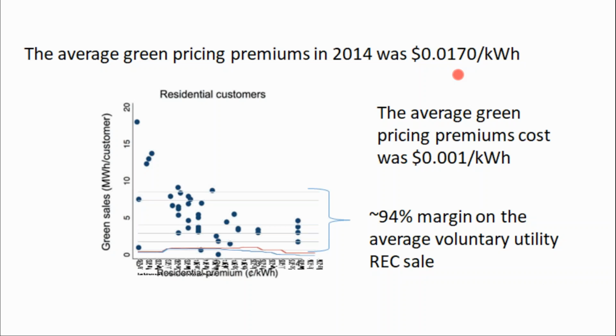And if you read the fine print, they'll also say education. So they can redirect it into overhead. And so you might just be paying for the power company's overhead by signing up for a green energy plan. And the proof of that is if you look at the average price, the average premium of what the utility would charge for green energy,